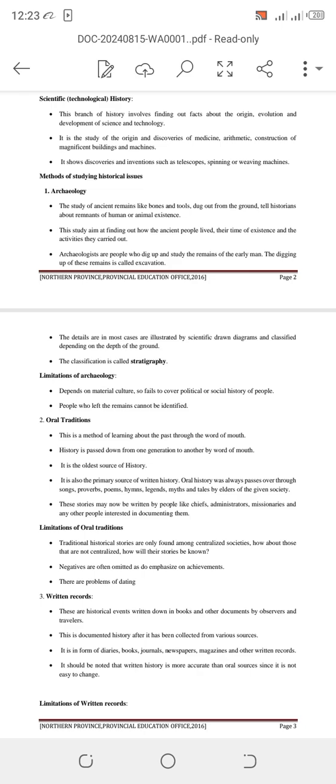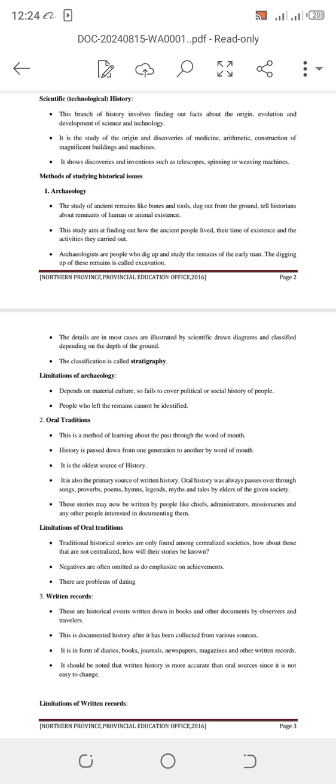Okay, so even for this question, I would want you to write for me an essay, very short. For each point, you describe it briefly. Don't say a lot about that point because you're talking about 5 points, and for each point you say something about it. The details are in most cases illustrated by scientific drawn diagrams classified depending on the depth of the ground. And this classification, they call it